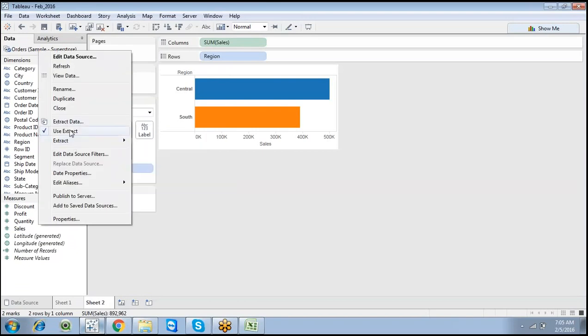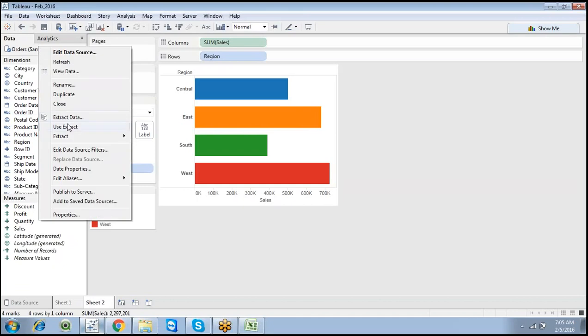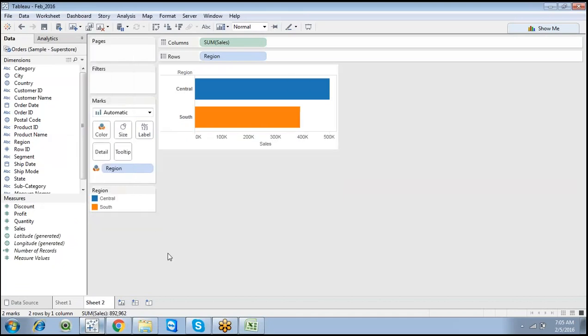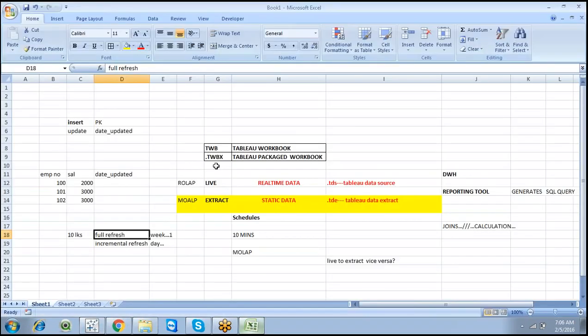So you can use extract, or you can go with a live connection. That is the difference between live and extract. This is a very important topic. We learned about Tableau .twb and .twbx, and we have a connection called live connection, and live connection generates a .tds file.